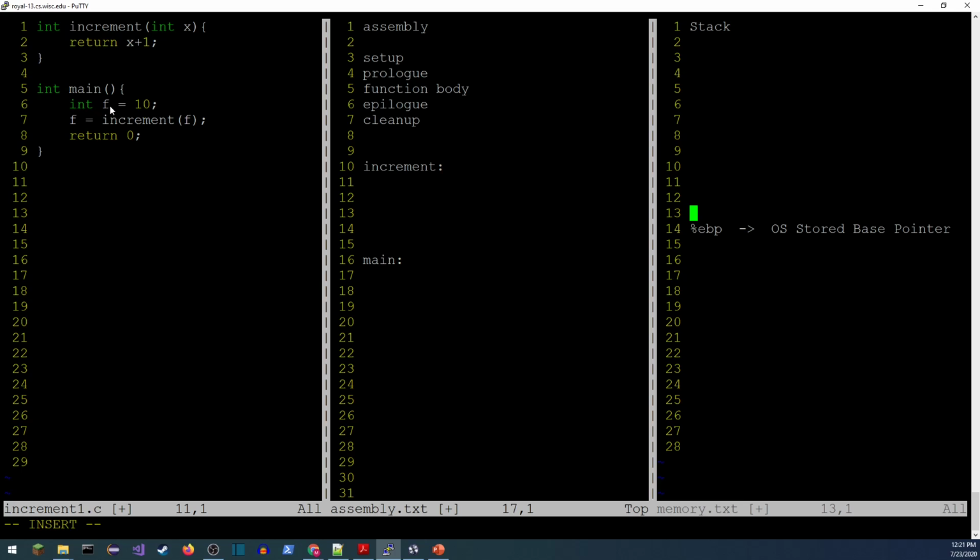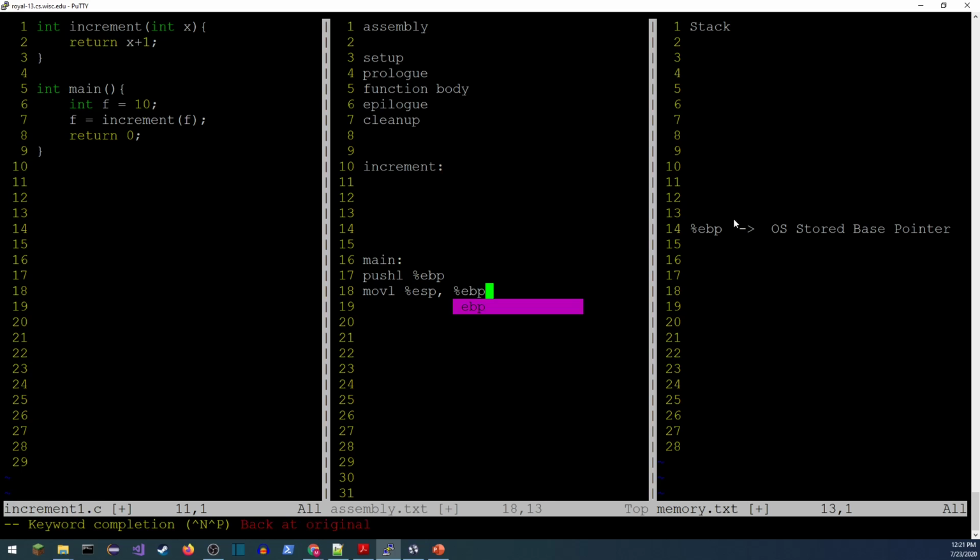The first thing that we need to do in main is reserve some space for this variable f. Actually, the very first thing that we'll see is that, just like every other function, we're going to push the base pointer, push EBP, and then we move the stack pointer into EBP.